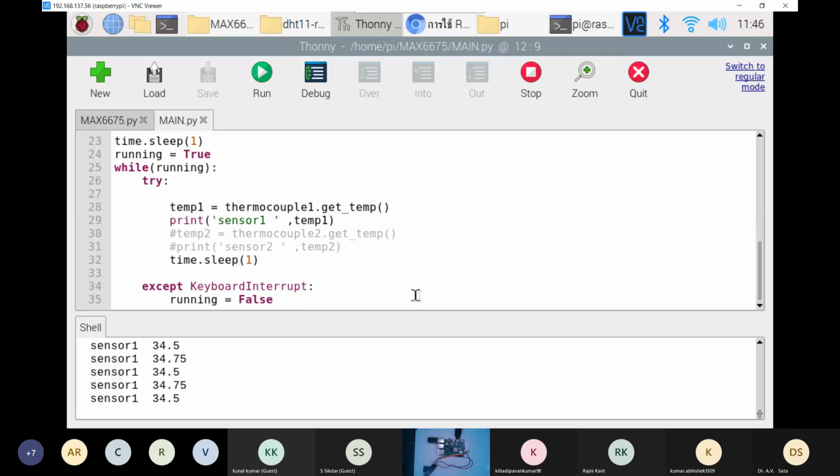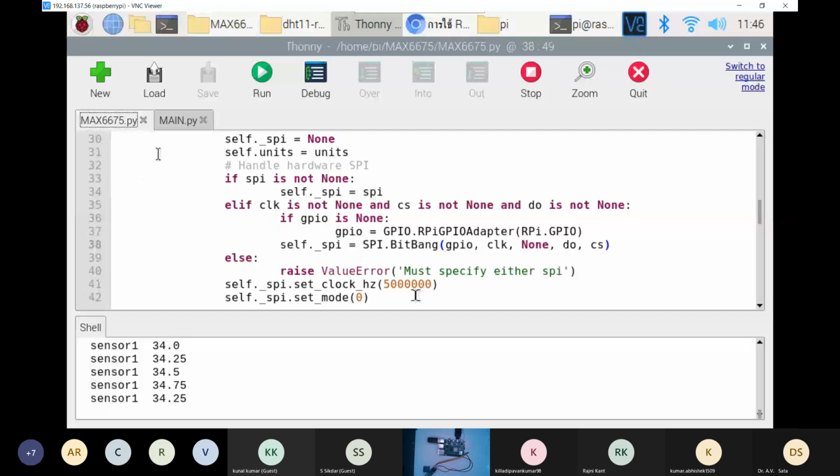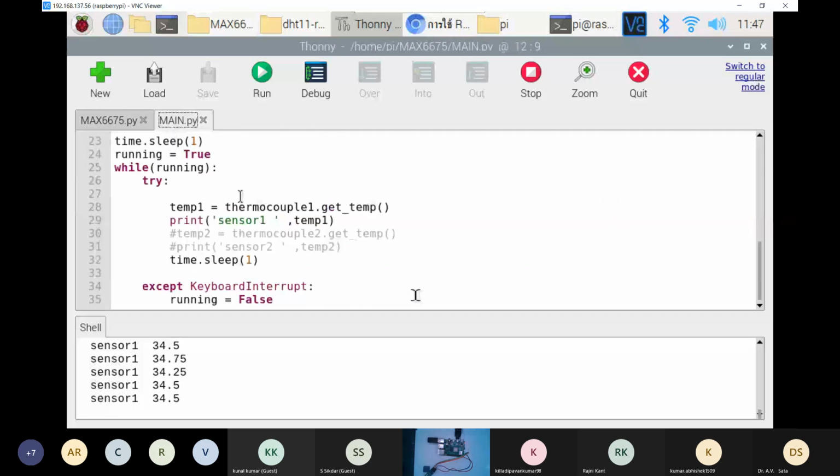A chip can fetch 7 data, but we are not concerned with all of them. So first we create this max6675 file that will define all those 7 parameters, and then you create this type of main.py that will use only the parameters you are focusing on.